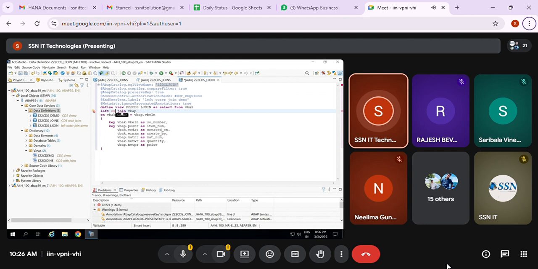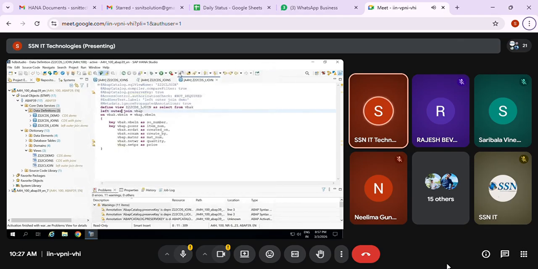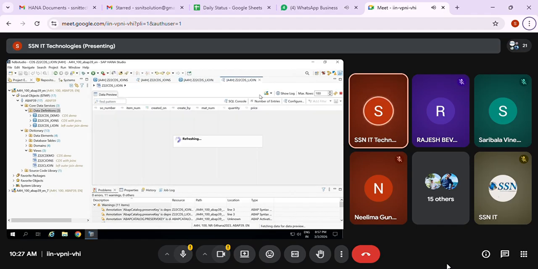Okay. Left outer join. Yes. Now you can see, activate it. Done. Now I can run this left outer join. Sorry, some button misplaced. Left outer join, run as ABAP application.